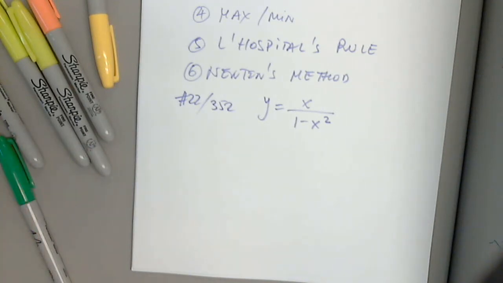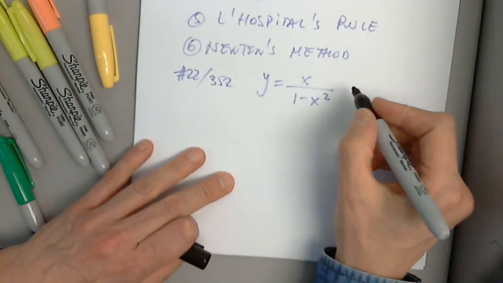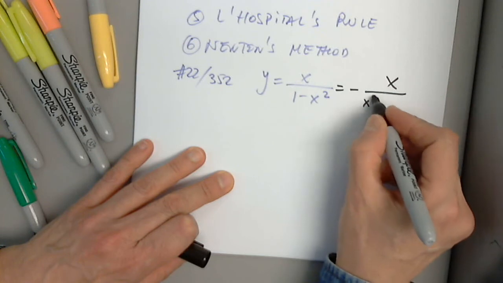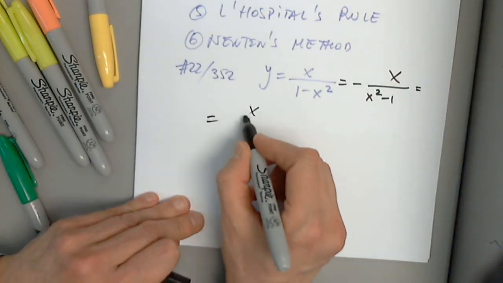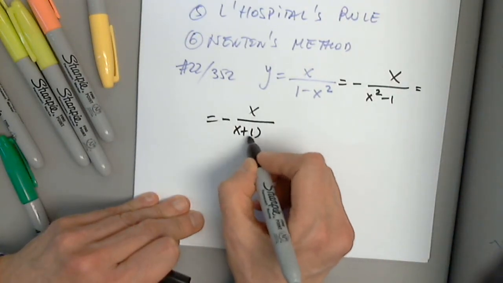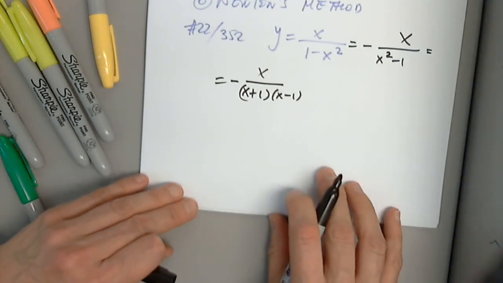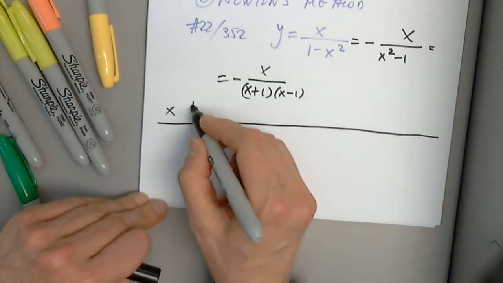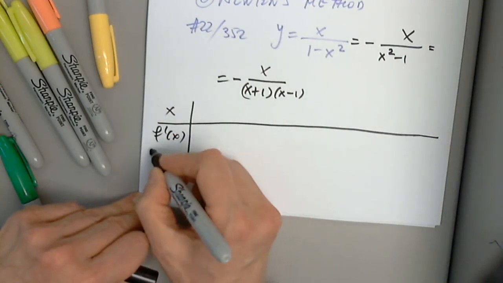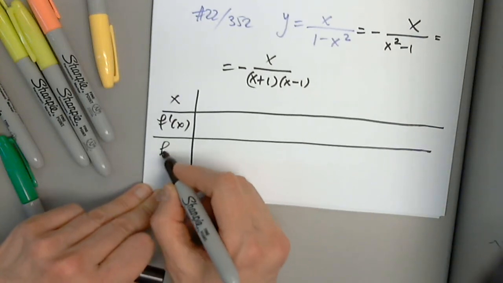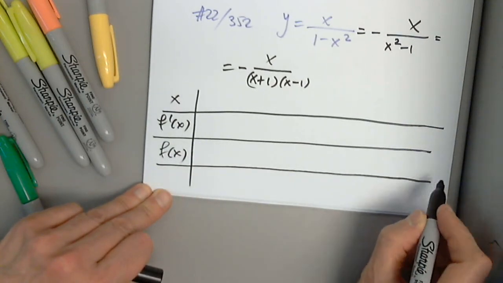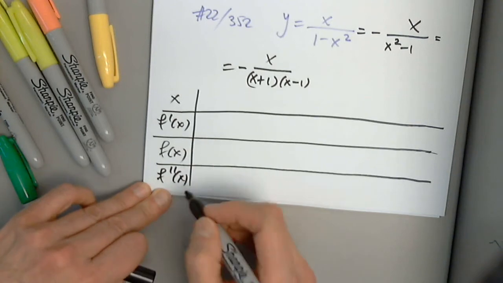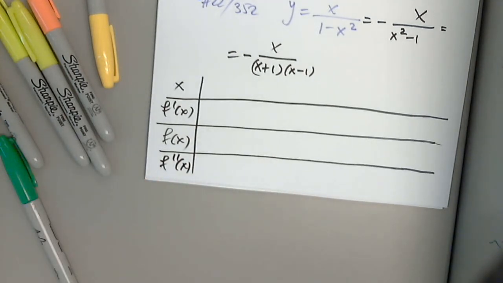How do I start? What is my first concern? Domain. Excellent. Very good. So I will rearrange it because I want everything in descending order. I will factor the denominator. And then I will get the table going. Remember to use and summarize the information in any way you want, but it has to be summarized somehow. You choose how. But please don't make me look at